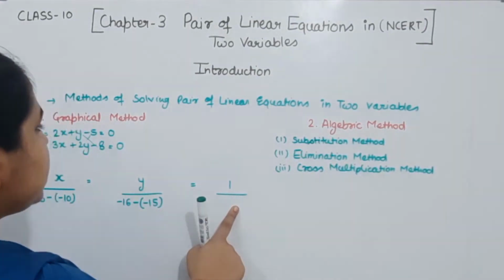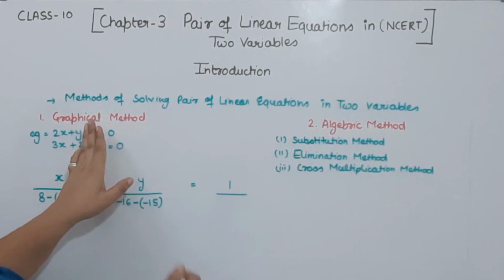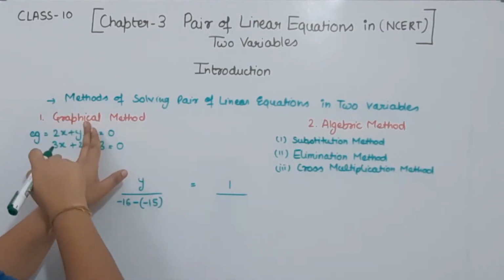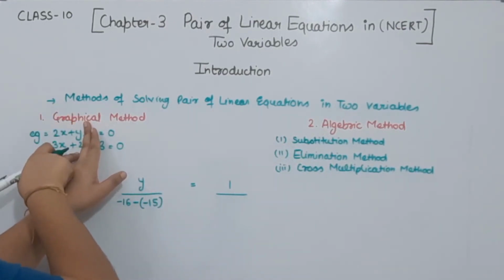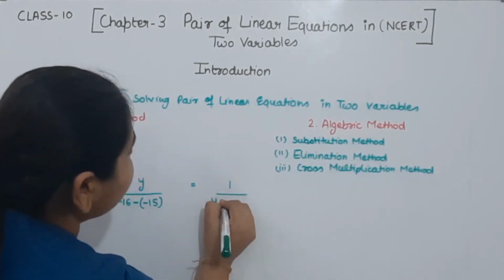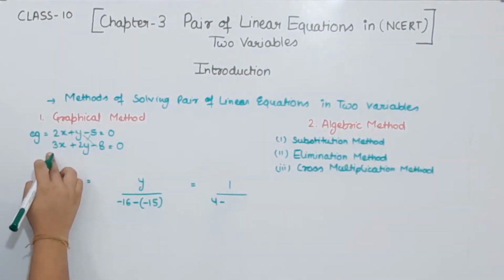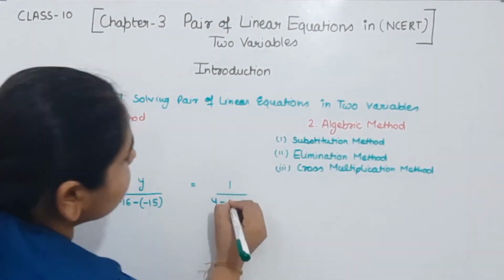Now we are having the constant term. Now we will not see the constant term. Then we are having these x and y. So this one is 2. Here we have 2. 2 times 2 is 4. Minus. Here we have 1. Here we have 3. 3 times 1 is 3.